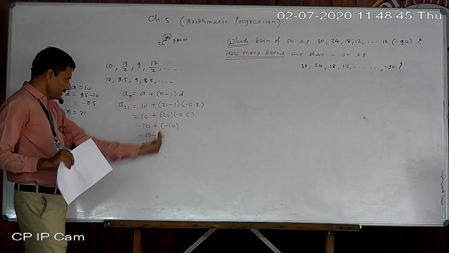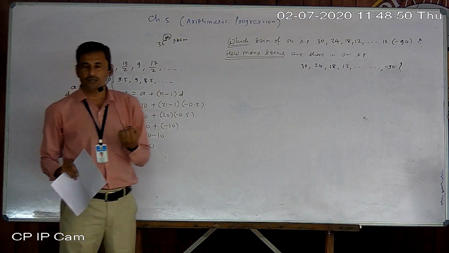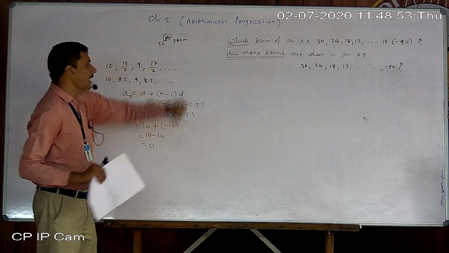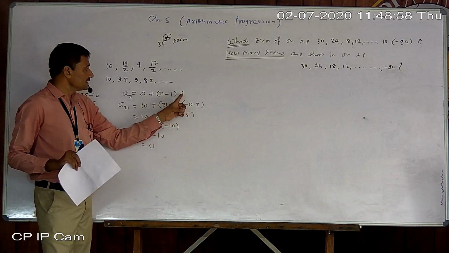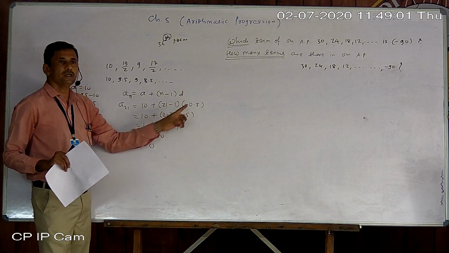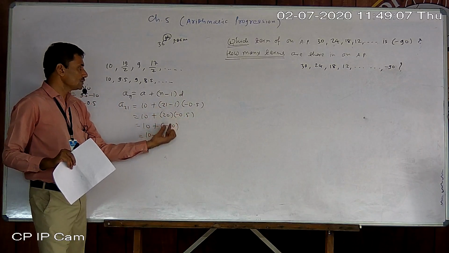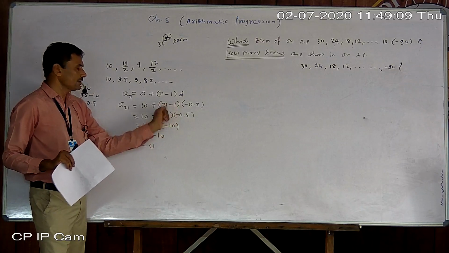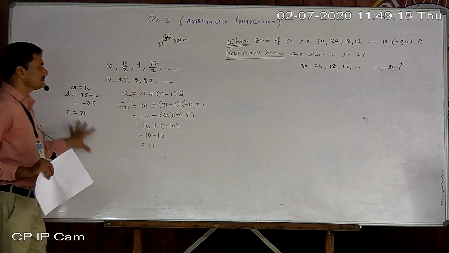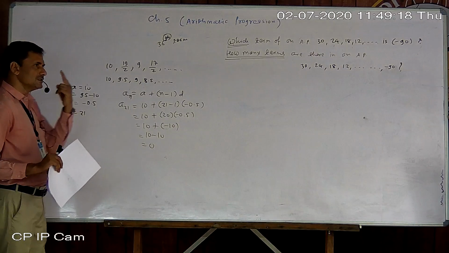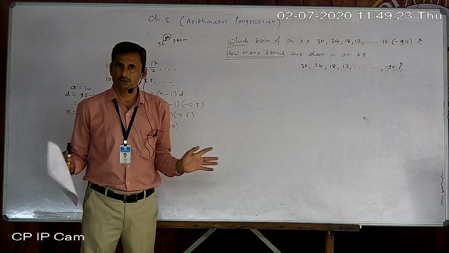But finding N is quite a different way. In that one, you have to shift particular terms and make N the subject also. At that time, you have to be careful. And what is the extra precaution? One more important precaution is to keep the value of D inside the bracket only. And whenever D is negative, be careful about the sign also, whether you are opening that bracket or anyway. Sign mistake should not be there. Then that portion is very simple. Just use one formula, simplify, place values and understand the question well. Okay, that is all.